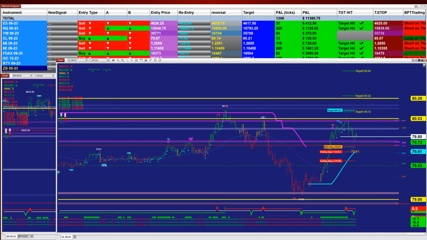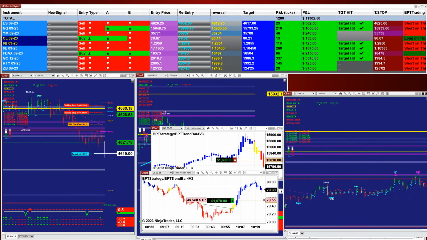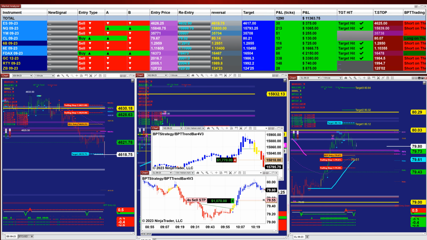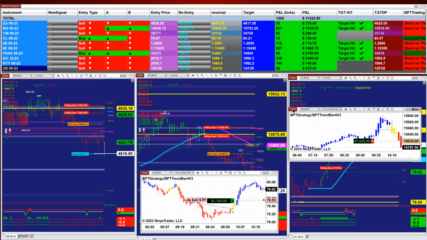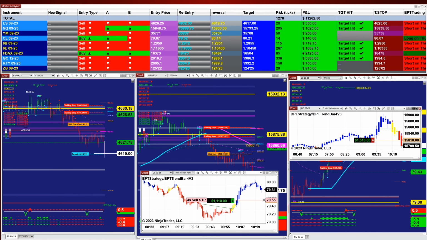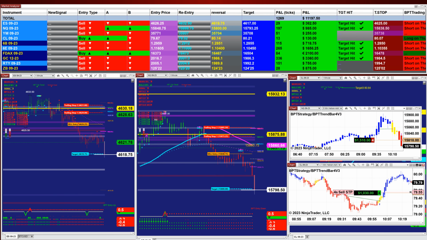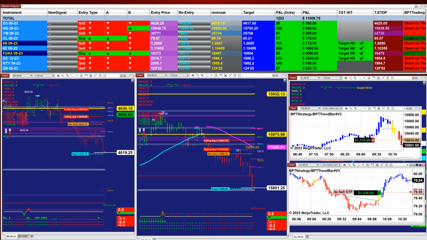So again, let's go back to the subject. When you don't see any activity on the ES, you turn around and you whack the CL. You can always make money on the CL or gold maybe, but I prefer the CL. It's easier than the gold. Gold can be a little bit faster, and there is a little secret about the gold. You don't trade the gold